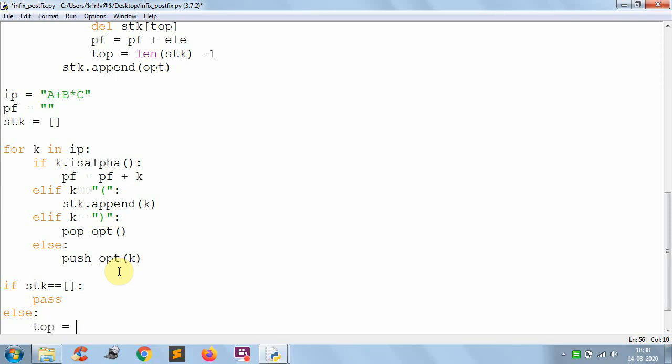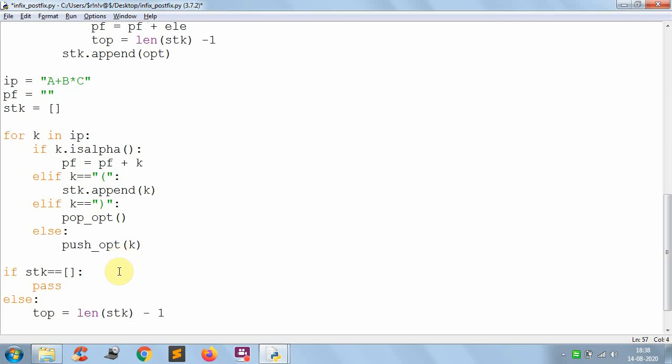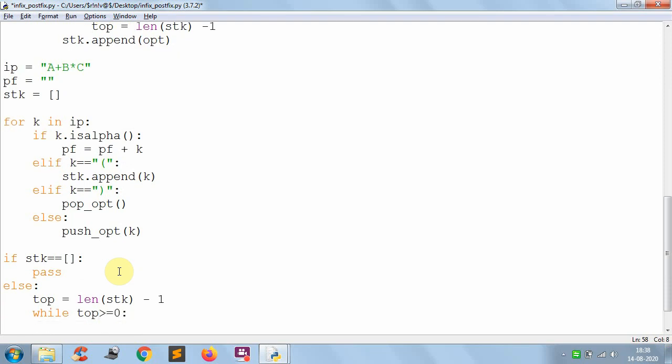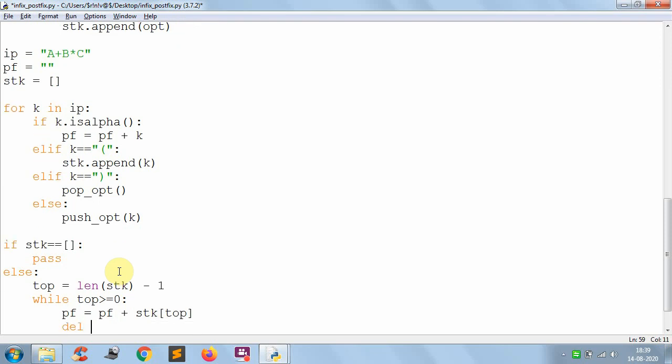So how do we calculate? Top equal to len of stk minus 1. Now we have to write the logic. While top greater than or equal to 0, pf equal to pf plus the topmost element from the stack. You have to append to the output expression. At the same time, you have to remove that element from the stack.